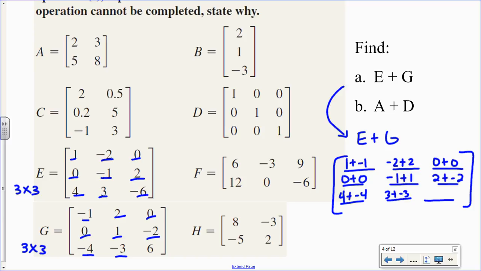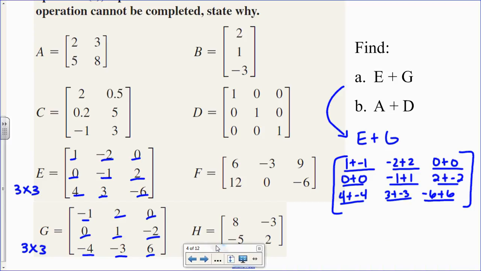And negative 6 plus 6. Okay, so add those together, and I end up getting all zeros,